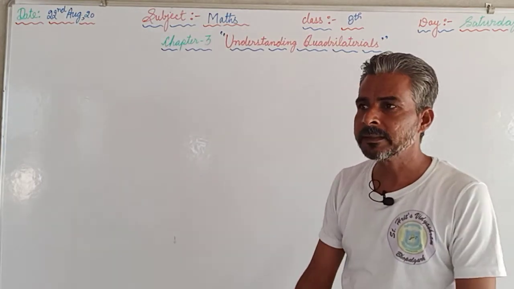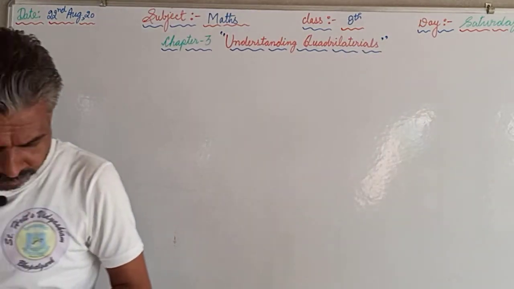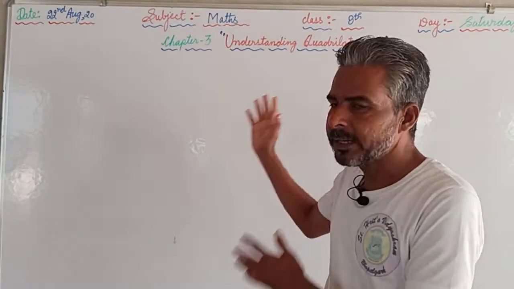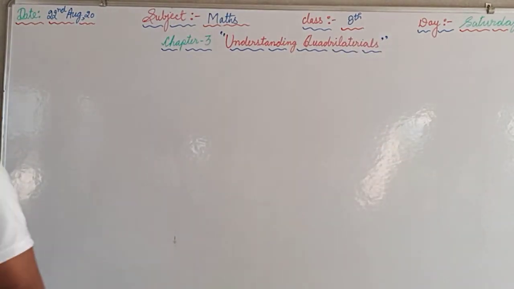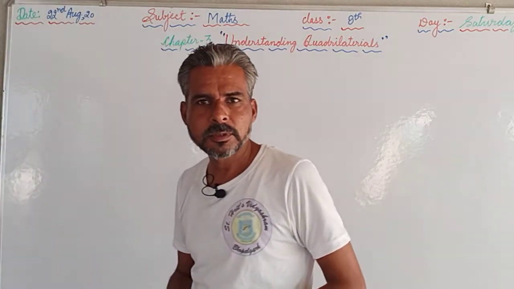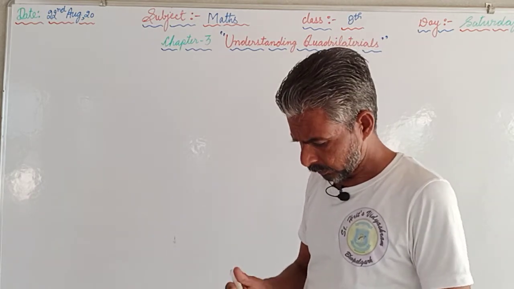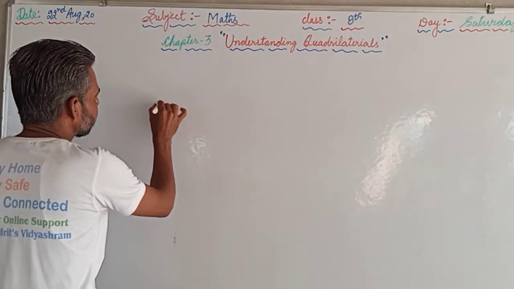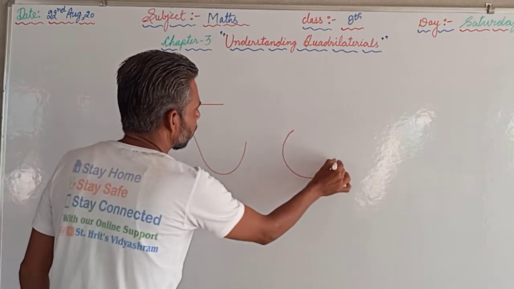This video is for class 8th and the subject is maths, and we are supposed to start a new chapter, chapter number 3, and the name of the chapter is understanding quadrilaterals. But in this chapter, in the starting we are supposed to discuss the closed figures and different types of closed figures. So as we can draw anything without lifting the pencil, like this or like this or like this,